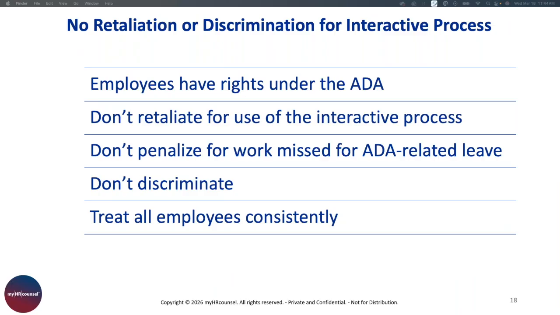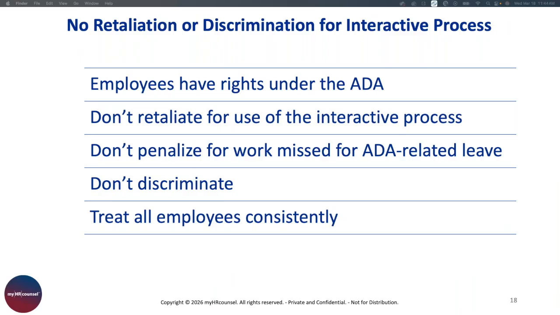Prohibited retaliation under the ADA could include things like continuing to ask an individual to provide more information when you already have sufficient information to go through the interactive process and look at reasonable accommodation. If you just keep asking and asking and asking, that could be considered retaliation. Or insisting that an employee continue to be examined by different healthcare providers, that could also be a potential retaliation situation.